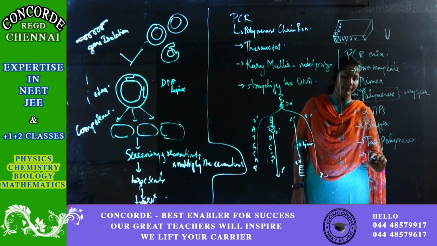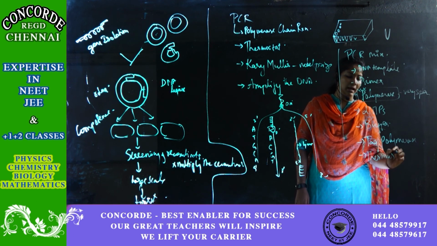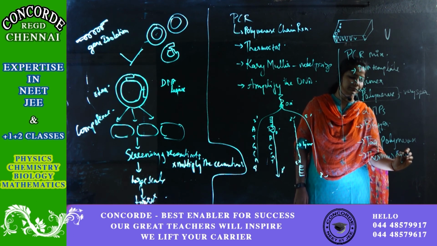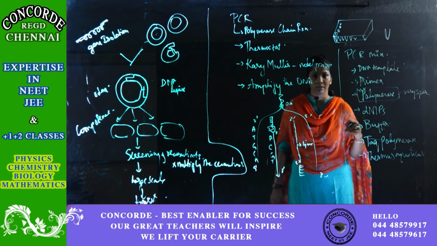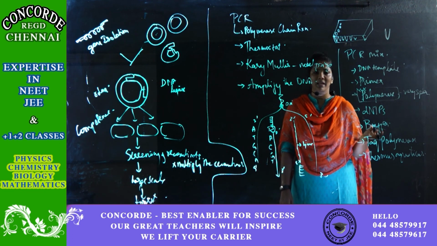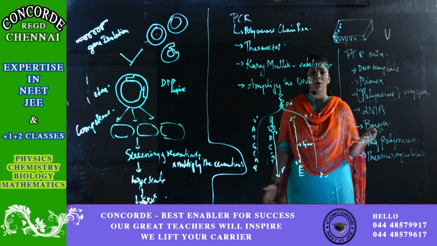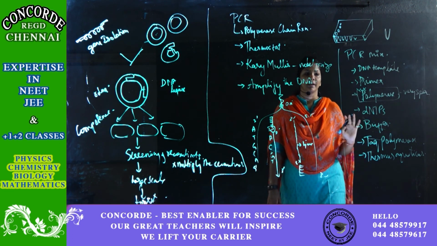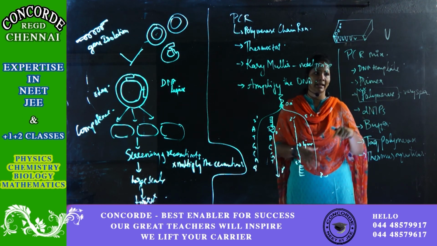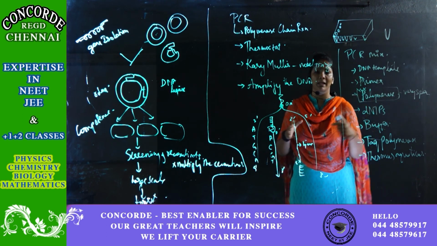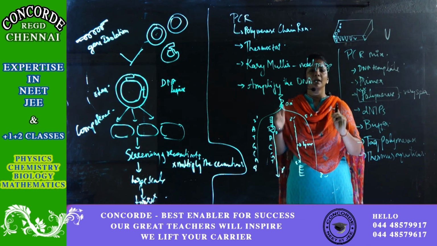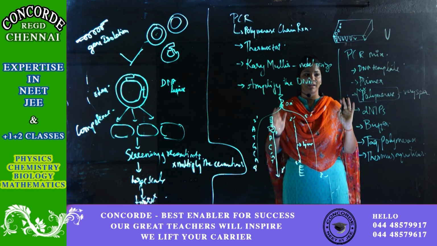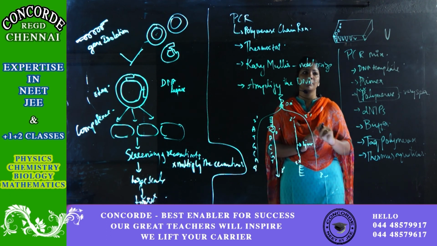Taq stands for Thermus aquaticus. This is the bacterium from which I'll extract the polymerase. It lives in a hot spring, so that is the reason. Okay, fine. With all this, I have to calculate how much DNA, how much primer, and how much of all these I need, and then I will mix everything, put it in these tubes and place them. That is how I'll make myself ready for the PCR. Next, see how the process happens.